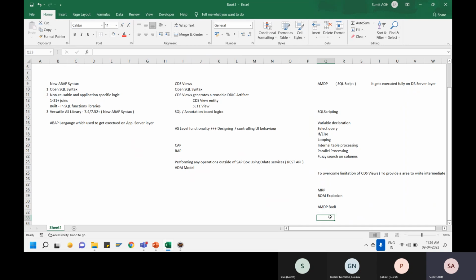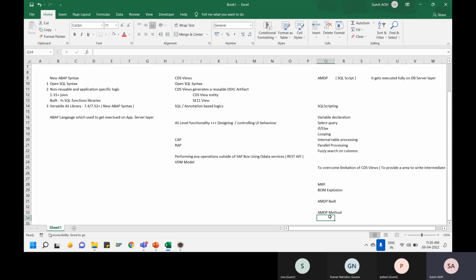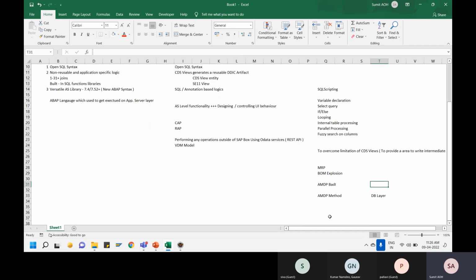But when it comes to an AMDP body, it gives us the same class-based interface, but here whatever logic we write, we write it in separate AMDP methods, and hence it won't get executed on the application server, but instead it would get executed on the database layer. And hence this MRP run and BOM explosion and everything which used to take hours have now become real-time execution,